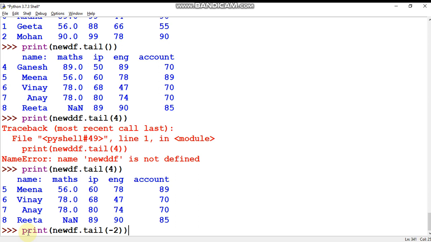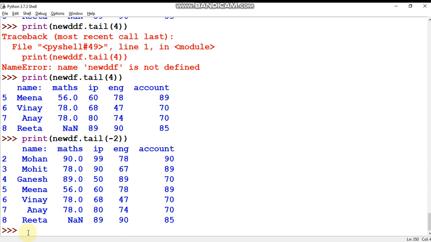Now the first thing that I want to make clear: if you are using a negative number as a parameter of head, that will remove rows from the bottom. But if you use a negative number as a parameter of the tail function, that will remove rows from the top. So here all the values will be displayed, but the first two rows will not be displayed. You can see here 0 and 1 will be removed. So I hope both the head and tail functions are clear to everyone, and both functions people have already used in series. So I hope all the concepts are okay.